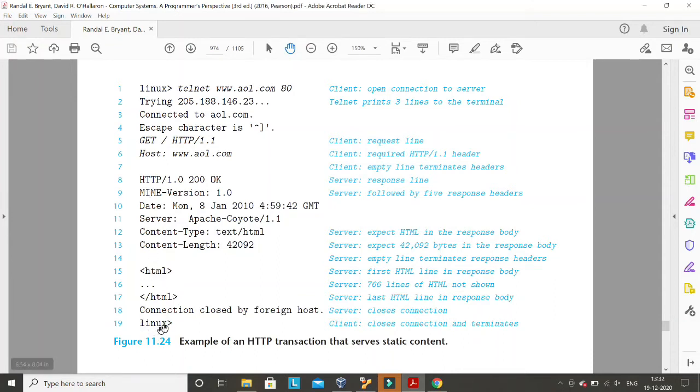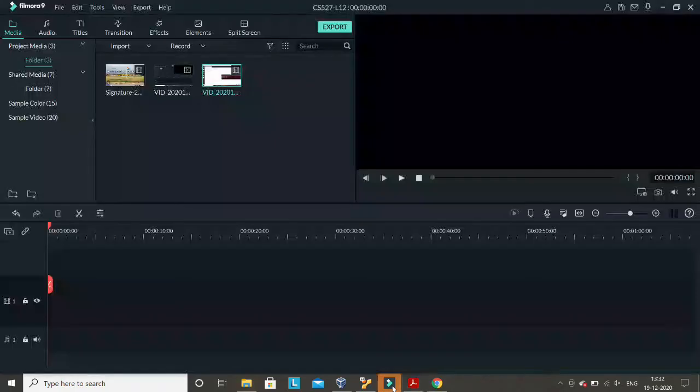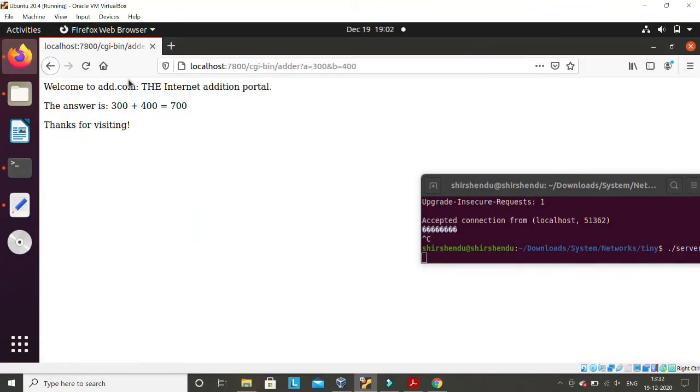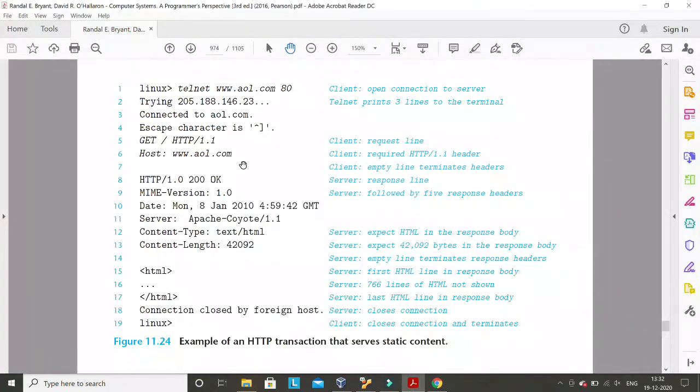See, the actual HTML content is here, but with this content the server has to send this HTTP response header. So what we were doing here, if we go back to my server, was working as a client, so there was no problem with this client. From the client side, when I'm sending a request, this HTTP request is created by the browser and sent to the server, and that is fine.